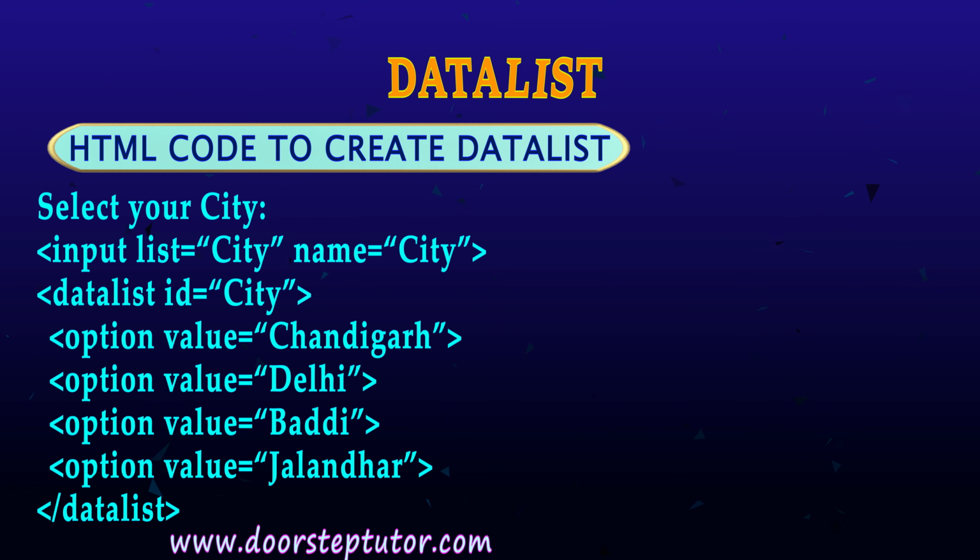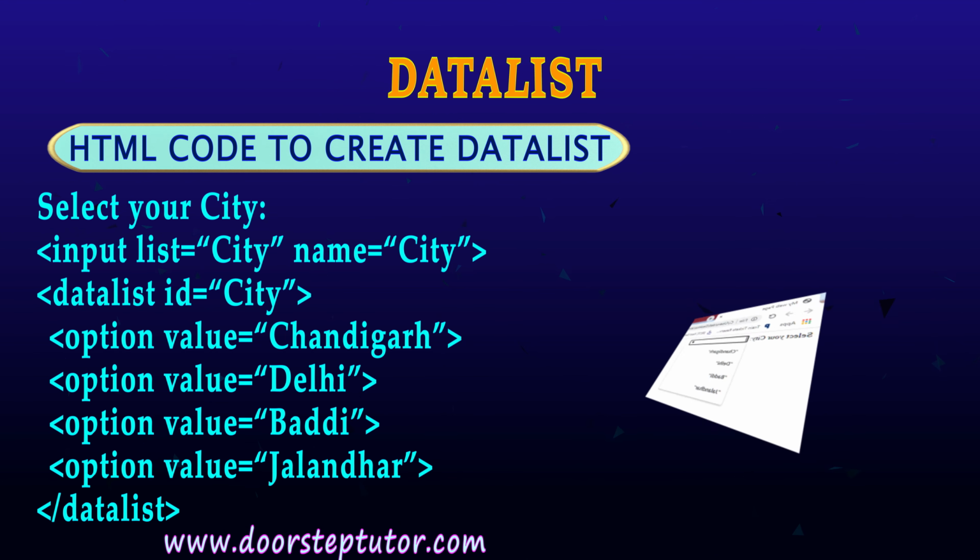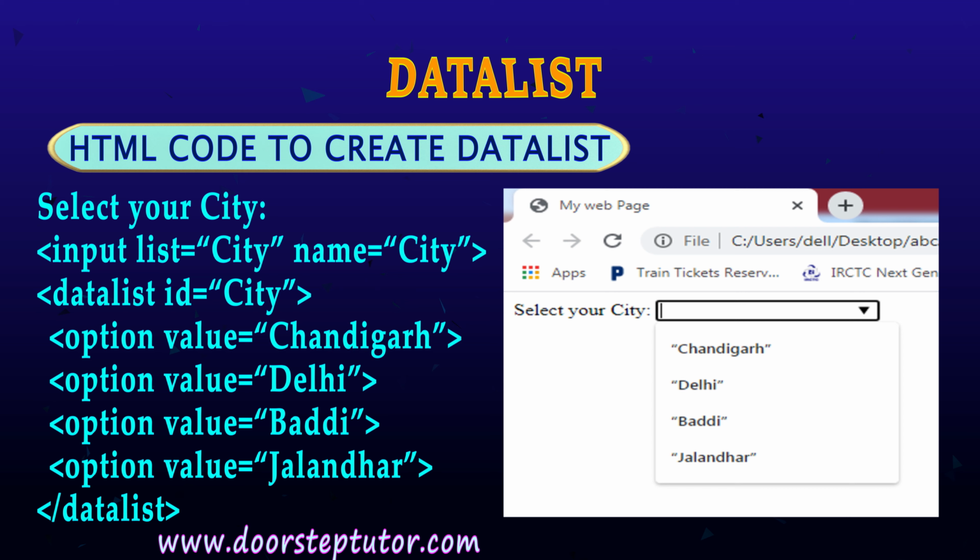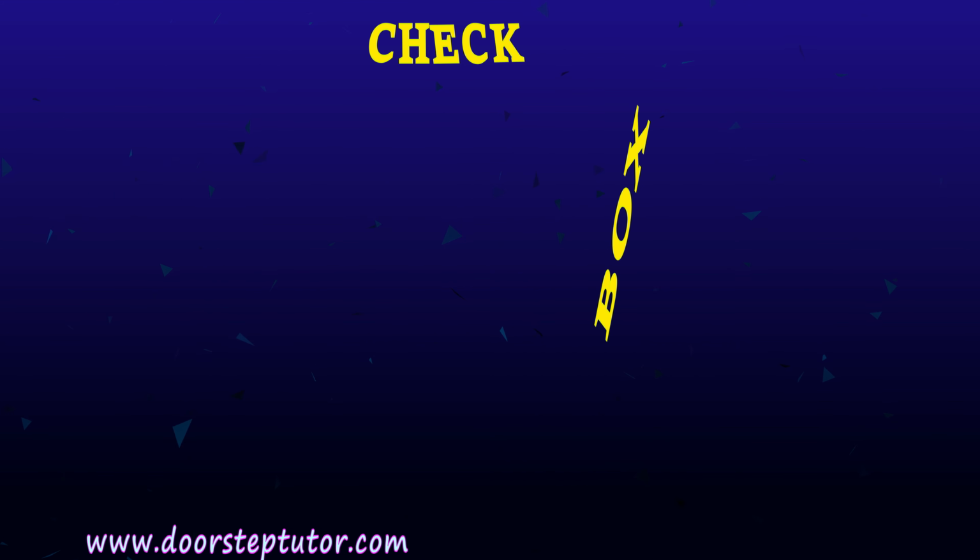Like these are the values that need to be displayed on the data list and which have to be stored in the database also. So this is a simple code. First I have taken one input control, then along with that I have taken the data list. So data list is a paired control or tag. It means that data list will have the opening and closing tag both. So let's move to our next slide.